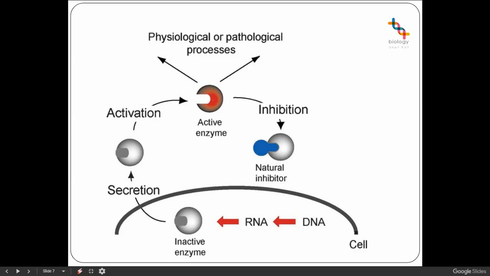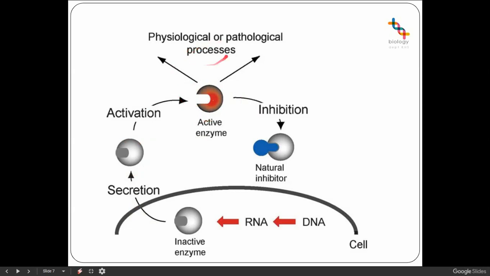So that was our other example of a post-translational modification, the cleavage of that protein. So often what happens is the protein is produced as an inactive enzyme, secreted, still inactive, so it gets released through the plasma membrane,